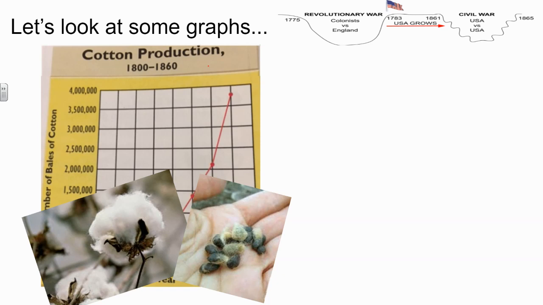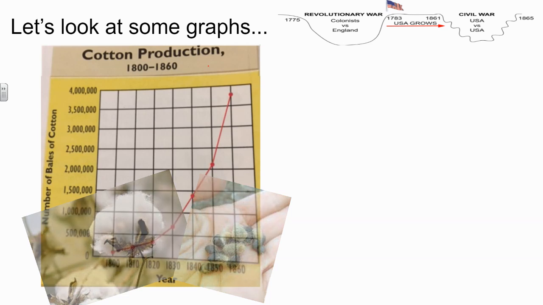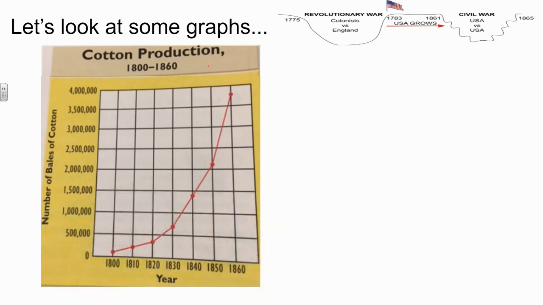Well, for a long time, the only way to remove those sharp, sticky seeds was by hand, one by one by one. And of course, this would have been done by the slaves, but it would have been a very time-consuming task, and time is money. So what plantation owners figured out really quickly was it's just too expensive to grow cotton and then turn the cotton into something that could be useful. And so for a very long time, nobody in America grew cotton. Well, clearly that had to have changed because we go from growing almost no cotton to growing a ton of cotton. So we'll talk about that in a minute.